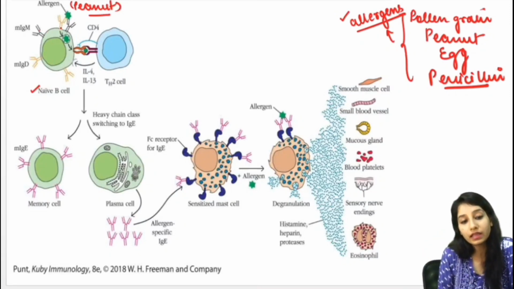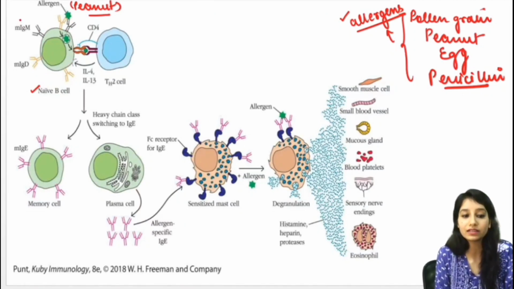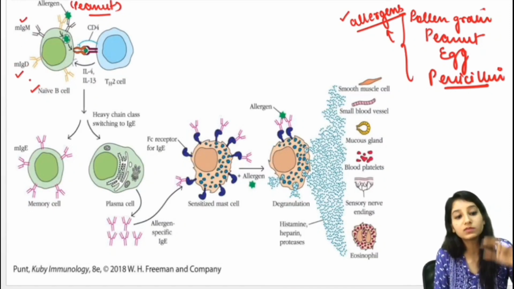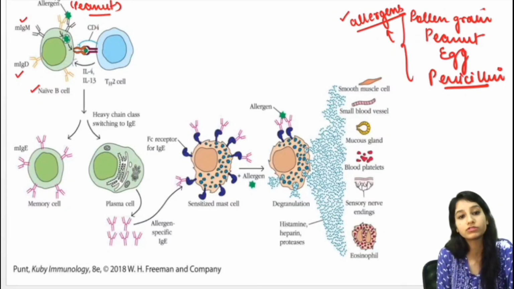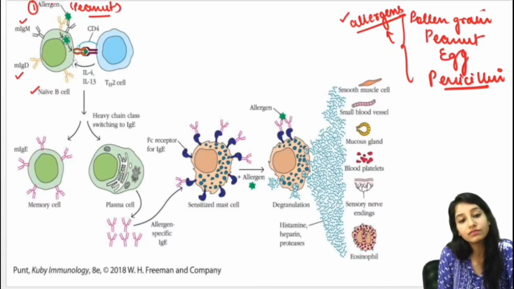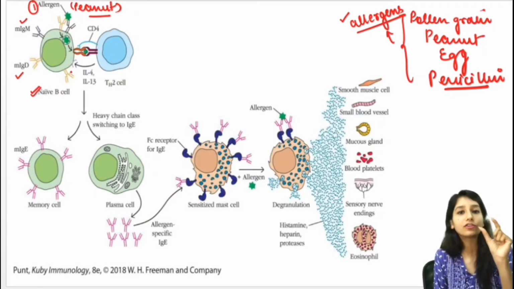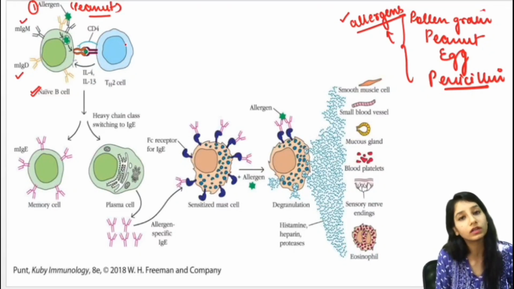In the B cell's plasma membrane, there are two receptors present, IgM and IgD. Yes, these two are antibodies, but right now they are membrane bound receptors. First of all, the allergen will come in contact with this receptor molecule. After that, the allergen will be taken up by the B cell and modified, and just some specific part of the allergen will be shown to another cell.